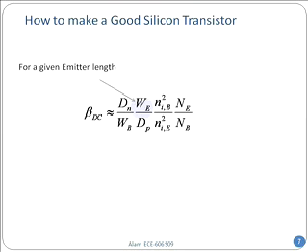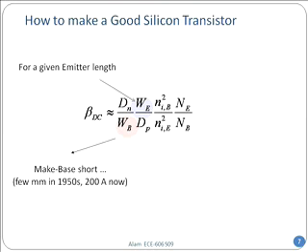So let's start with a given emitter. I have to start somewhere, so let me assume a given emitter thickness, a certain dimension, on the order of, let's say, 0.2 micron, something on the emitter. For a given emitter length,